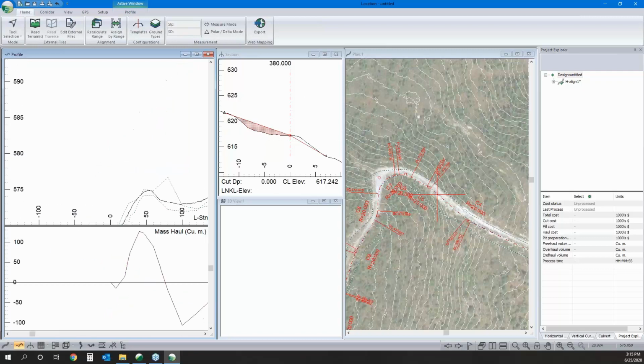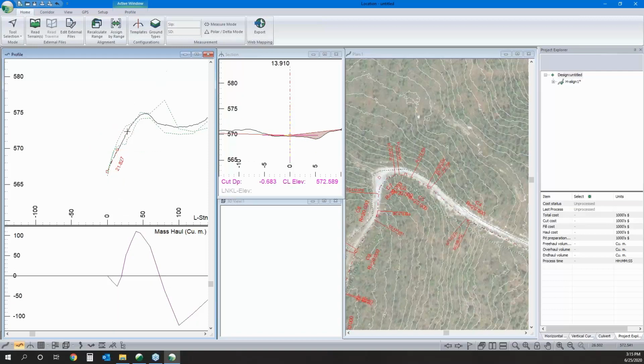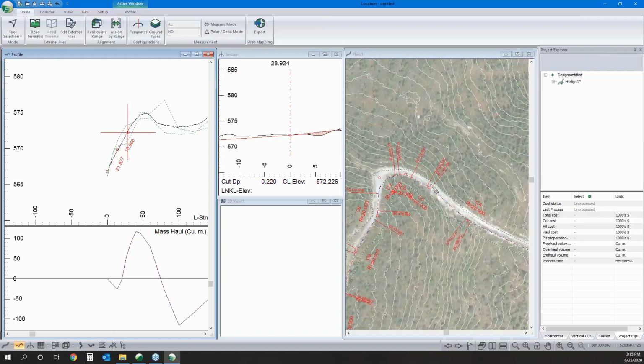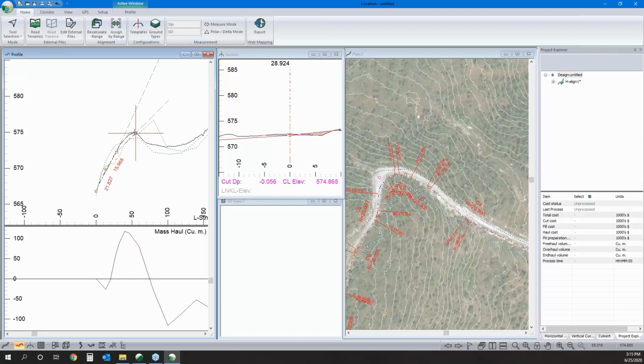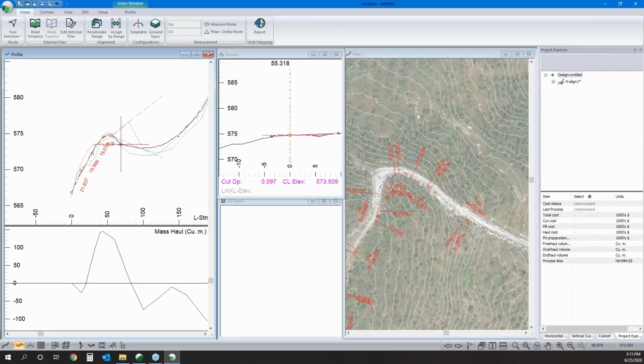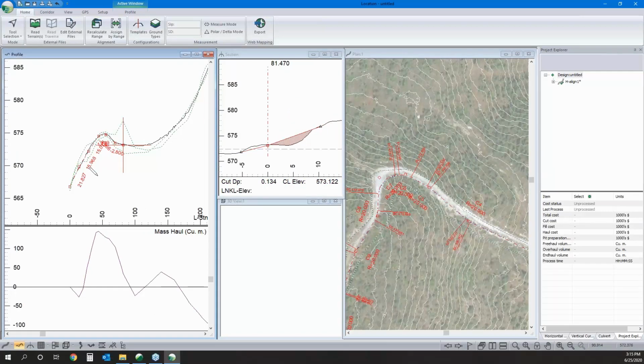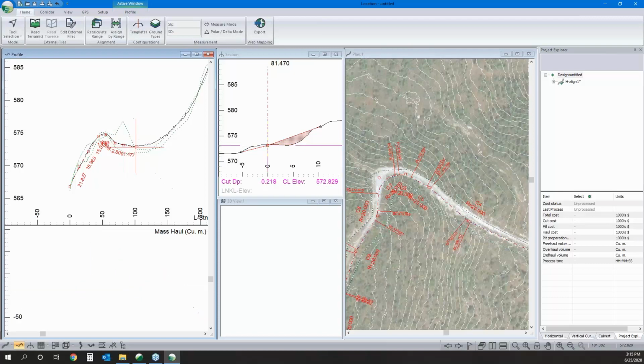So just like we clicked in the horizontal to begin with, we can click in a profile that's unique here as well. So we are doing that. We can keep track of our material surpluses and deficits. So if we have somewhere,